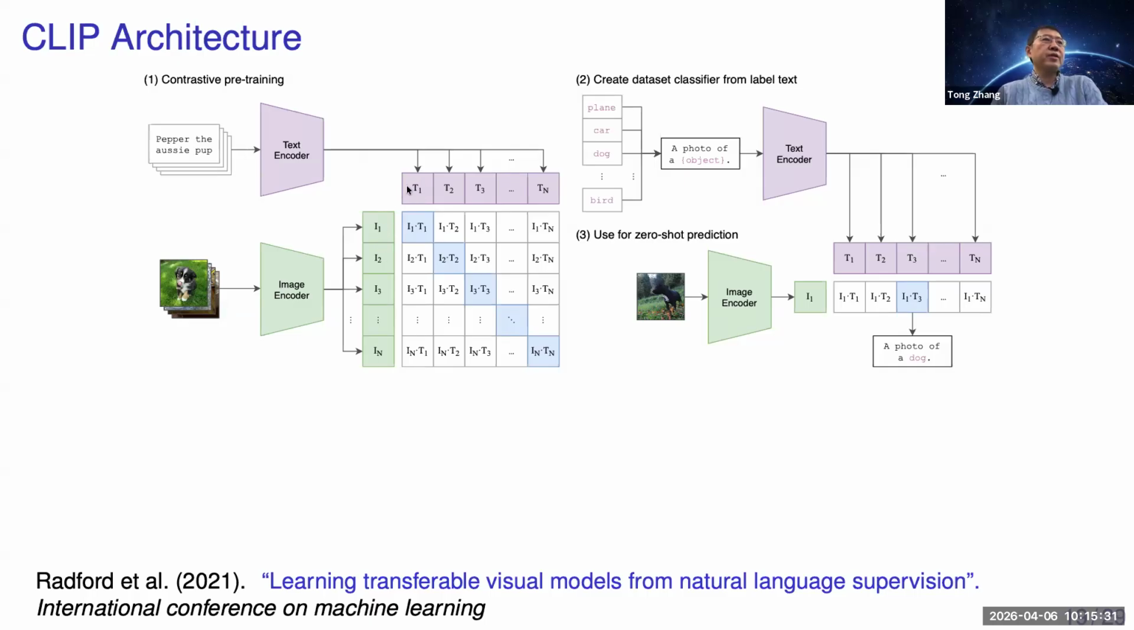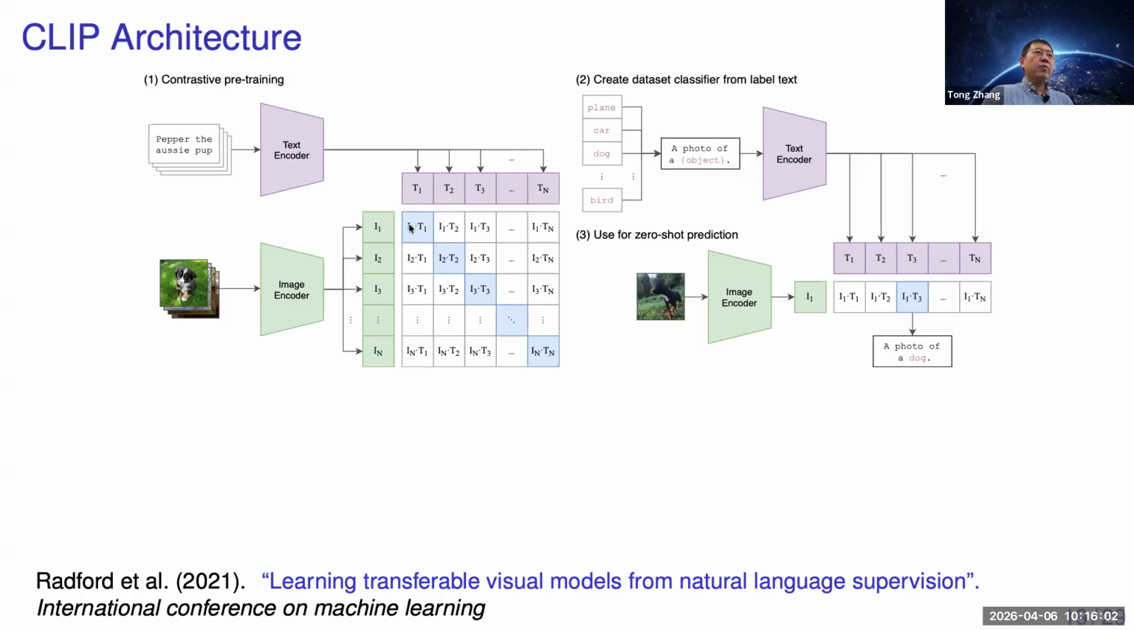So essentially, you see a pair of these: I2 versus T2, I3 versus T3. These are the positives. Let's say you have a batch of size n, right? This is your batch. These are the positives, and all the off-diagonals are negative. They are not aligned. So basically, the CLIP architecture says I have a batch of n image-text alignment